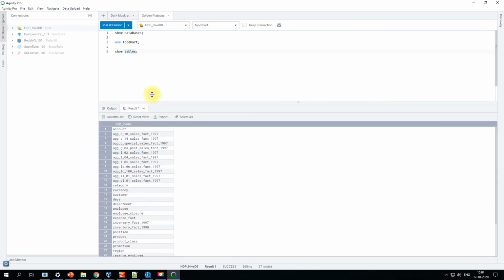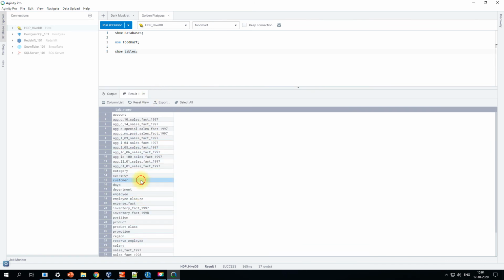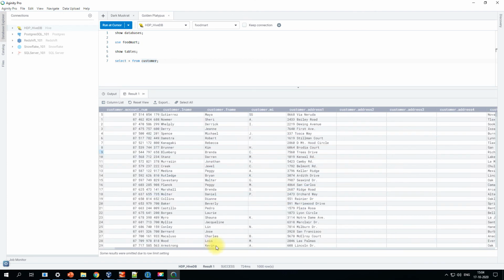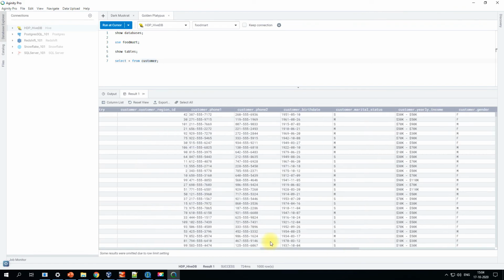So this is how you should be able to see all the available tables here. Now we can do a select star from customer. This will be easy to read in your customer table records. So this comes in a nicely formatted fashion. This will be easy to navigate to your data and check all the data points.